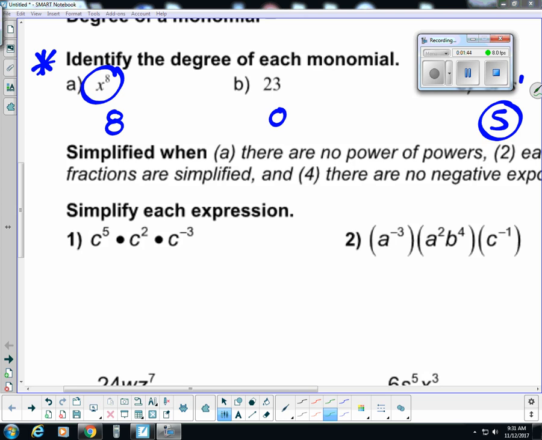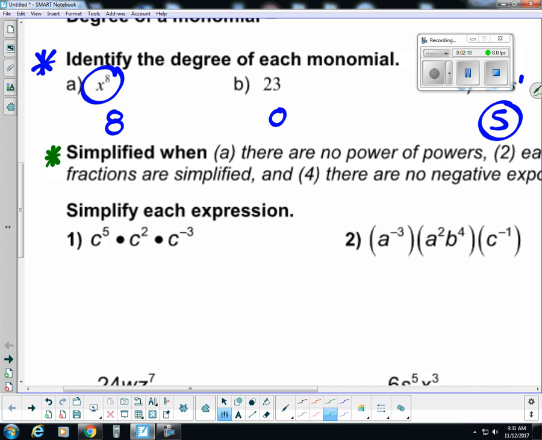Okay, next we're going to talk about how we simplify these exponential expressions, or how do we simplify exponents? What are the rules? How do we know we're done working with it? Well, if you look right here, there are a few characteristics as you read through this that make our expression simplified. Okay, part A is the most difficult to understand, and it says you're simplified when there are no powers